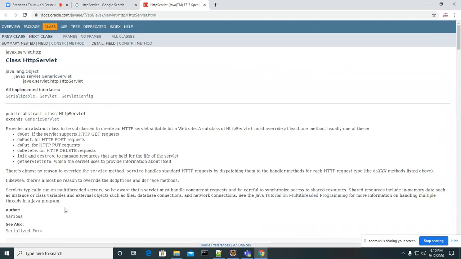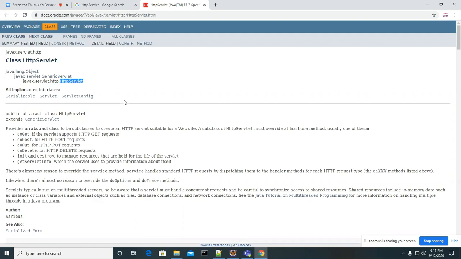So if you see that HttpServlet, it is a class. What is the super class of this HttpServlet? Can you see the document?